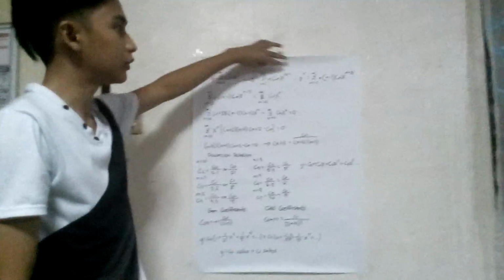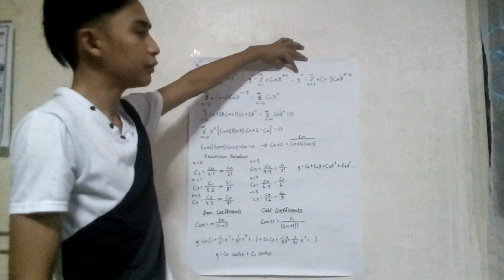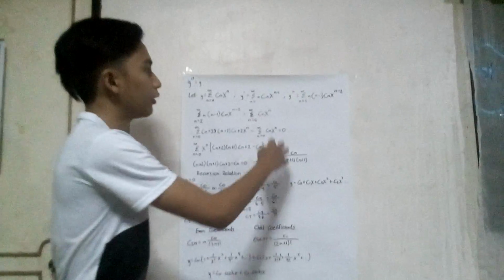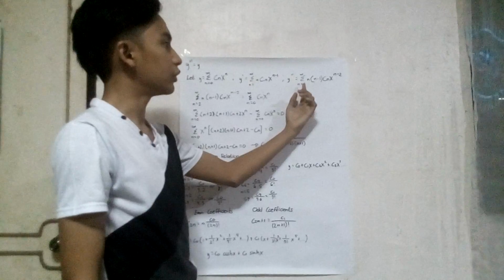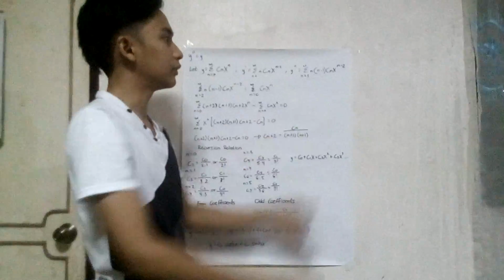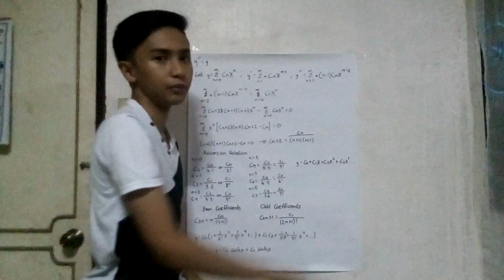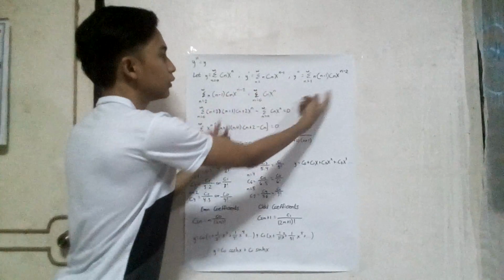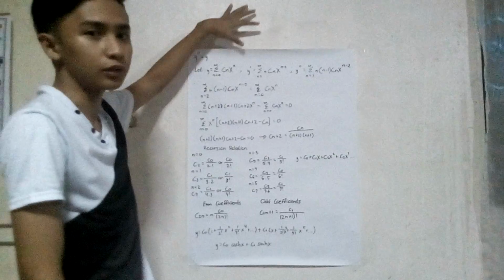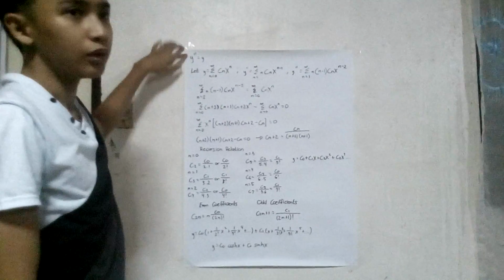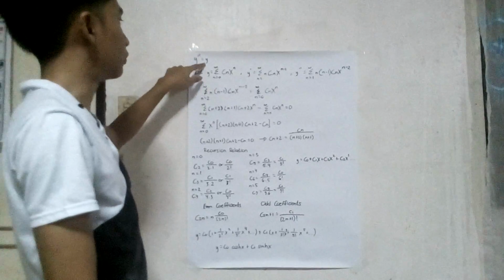To get the second derivative of y, we use the power rule again, which gives the summation of n times n minus 1 times cn x raised to n minus 2. By having this whole value, we can now substitute it into our equation y double prime equals y.